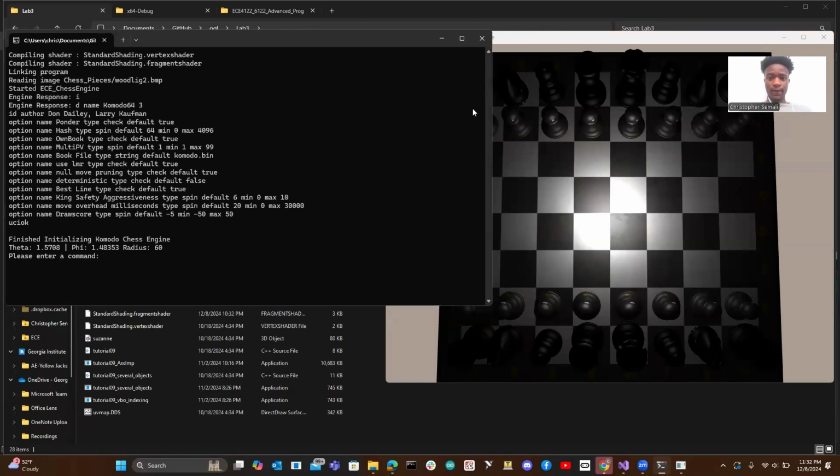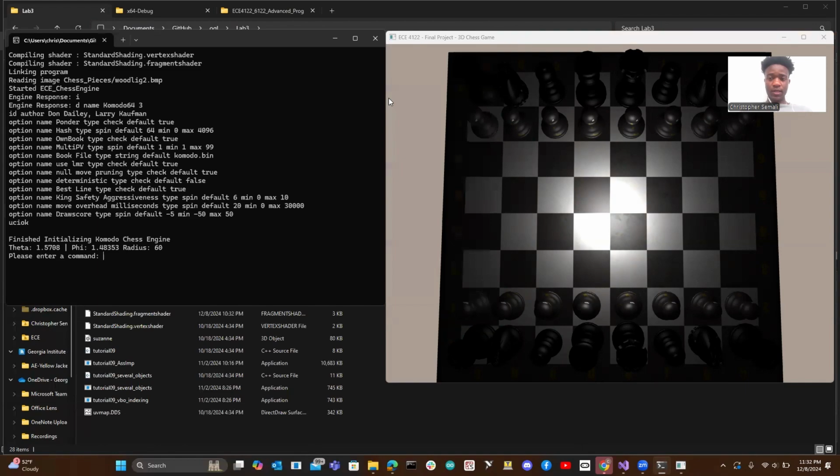To start off, the game begins with the camera being oriented above the chessboard on the negative Z axis,